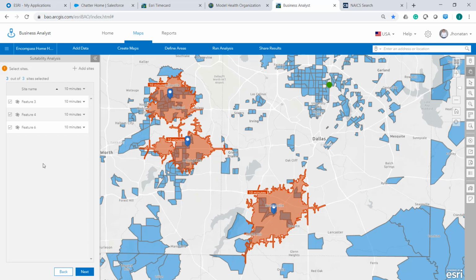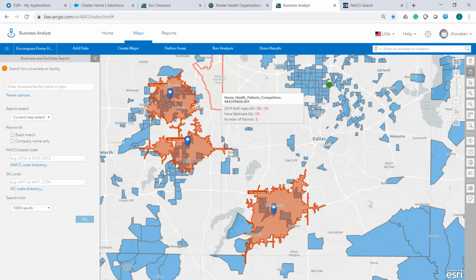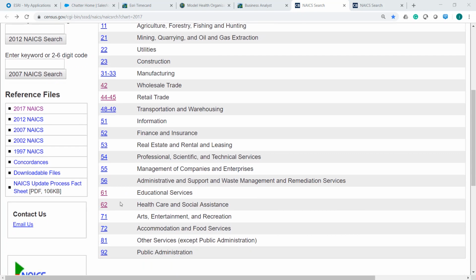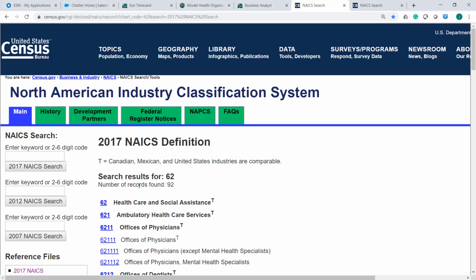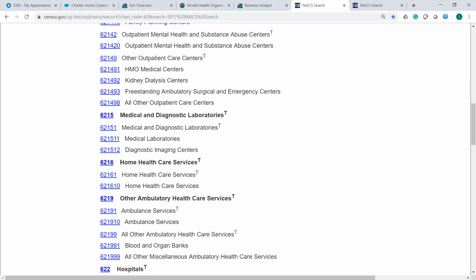Now, for this analysis, I will use the same variables. However, I want to add a new one, the number of competitors that each of these locations have. For that, I can go ahead to create maps, select business and facility search, and here I can do a search using the NAICS code directory. NAICS stands for the North American Industry Classification System. If I go ahead to healthcare and social assistance, and then I look for home healthcare services, I can copy